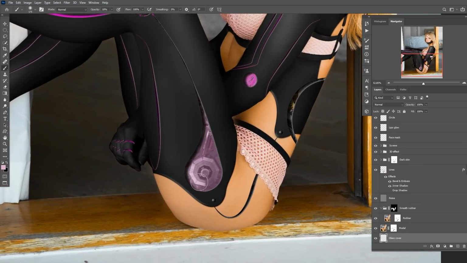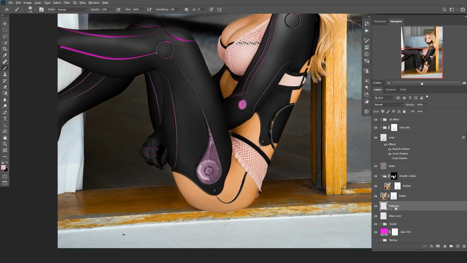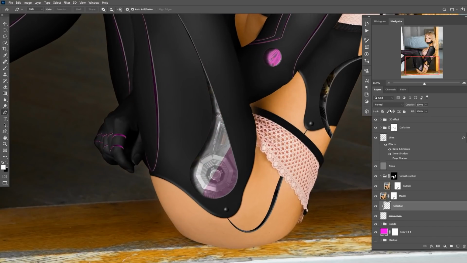And also I need to add some kind of a reflection here, so I will go glass reflection. Okay, and I will just clip it to affect only this layer down below, and I will go with this kind of shape, something like that. Okay, this will be reflection, Control Command click, and fill it with white, and this looks pretty nice, but it's not there yet. So I will actually unclip it